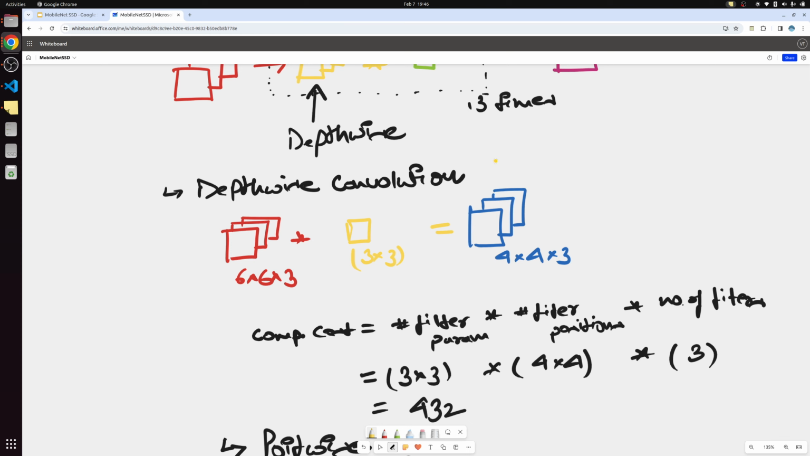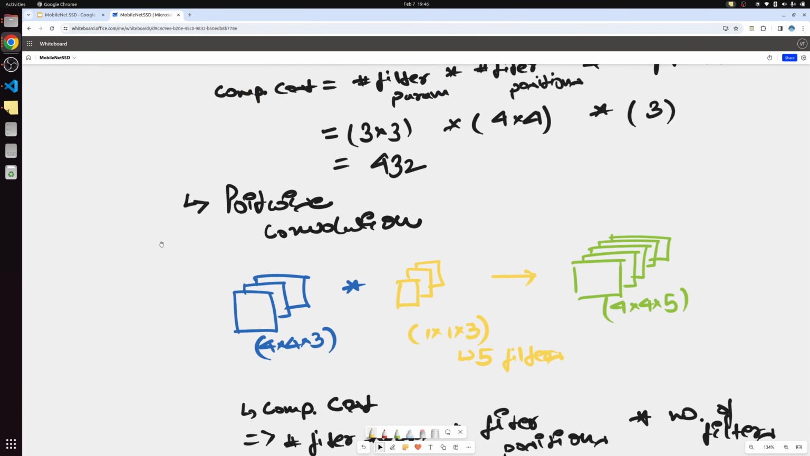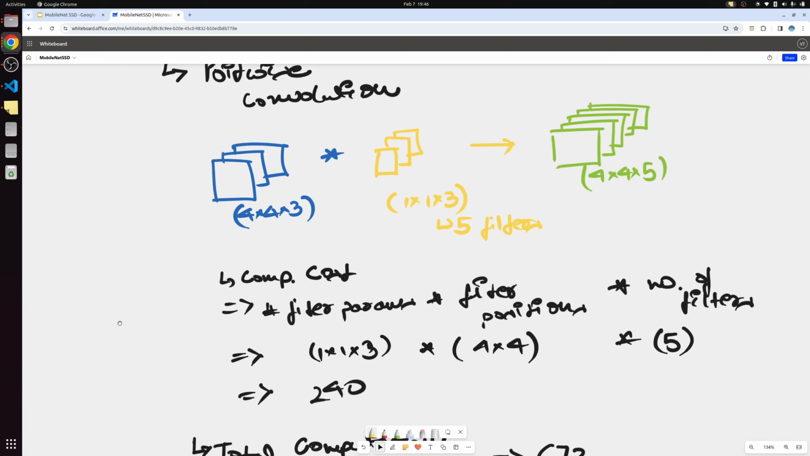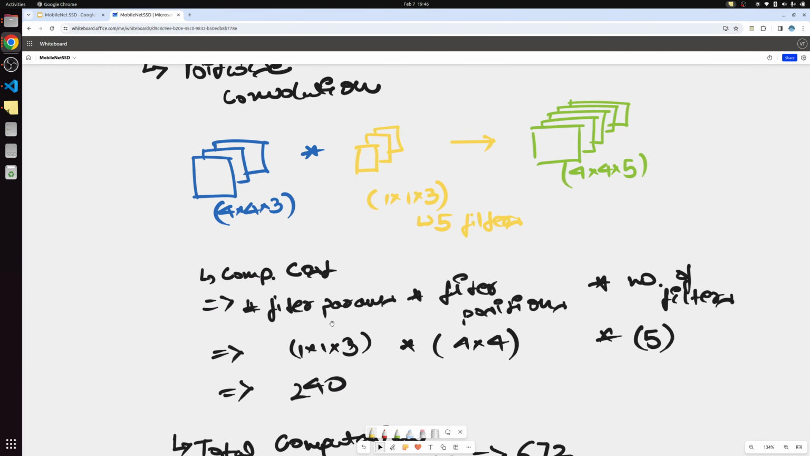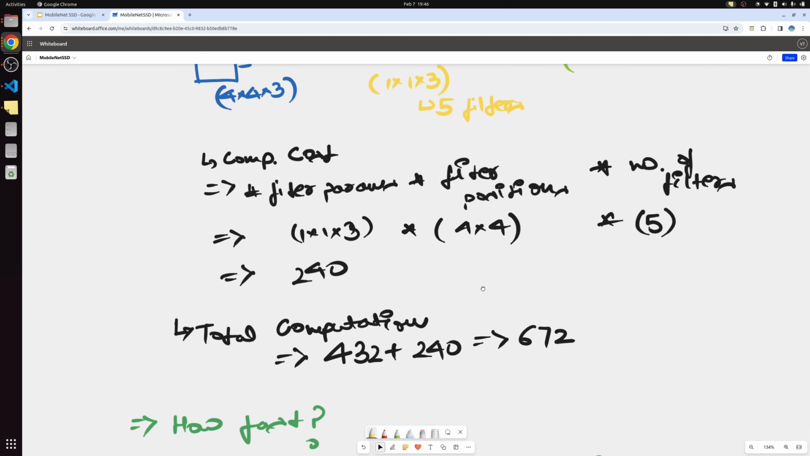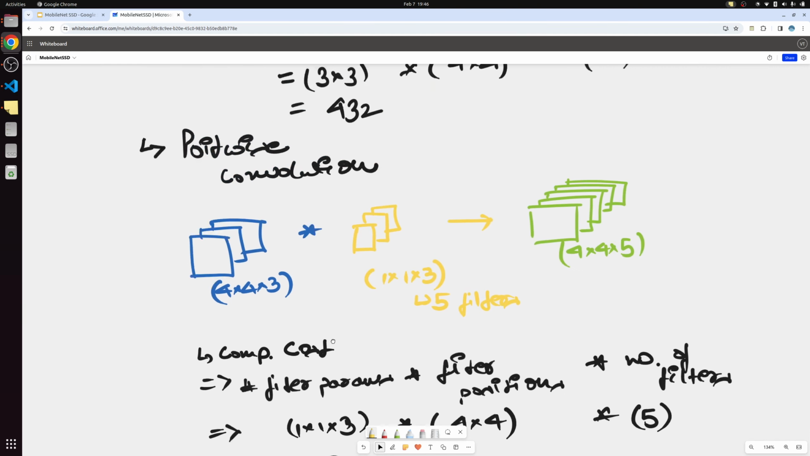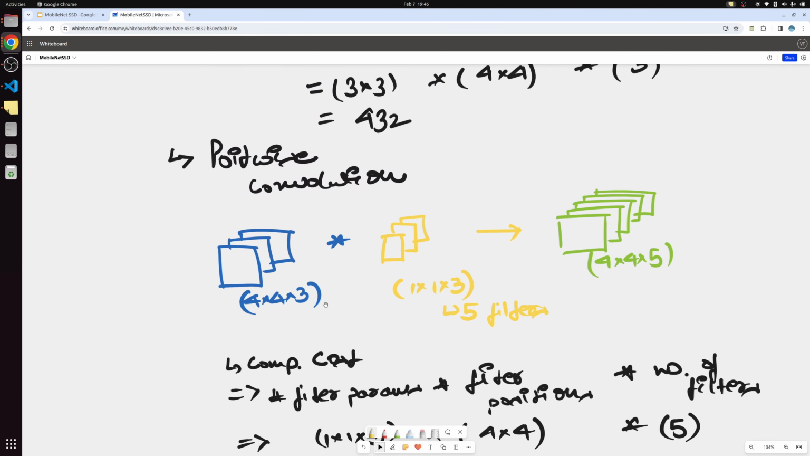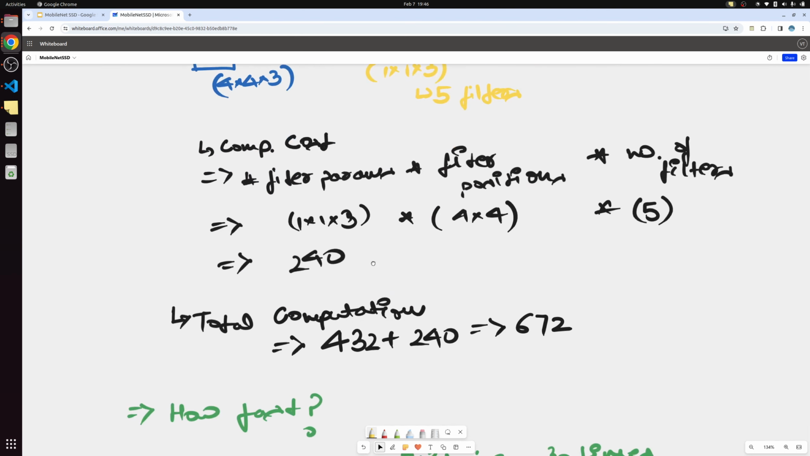Okay. So let's move forward and go to the computational cost of your pointwise convolution. Similar to the previous one, we'll be taking the filter params, which is 1 by 1 by 3. The number of filter positions will be 4 by 4. I multiply by the number of filters. Here we are using 5, and we multiply it to get 240, right? So for the pointwise convolution, the computation that you are getting is 240. And to get the complete computation of MobileNet, we just simply add that and we will get 672 as an